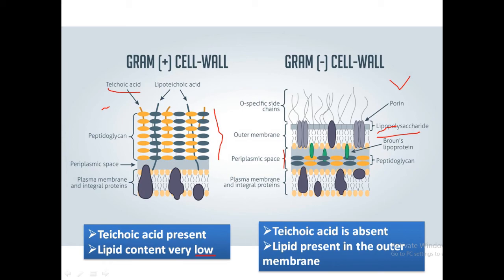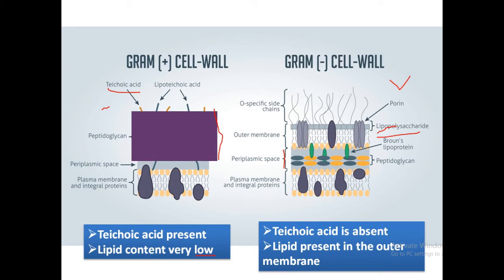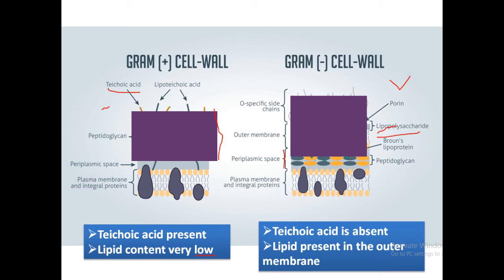Okay, so now what is the procedure of gram staining? At first we take the two cells and we add crystal violet. After adding crystal violet, it becomes violet in color. Both the cells, gram positive and gram negative, become violet in color. Then we apply a mordant like iodine so that the stain holds on to the cell wall more firmly. So it gets attached to it more firmly.